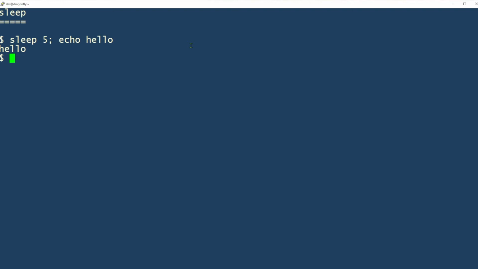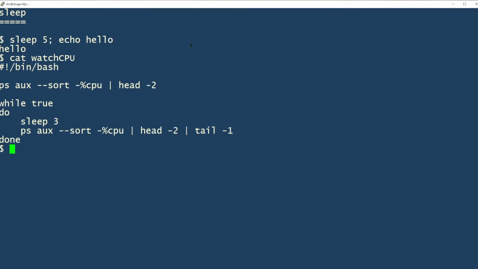Now, more seriously, say you want to watch whatever process is using the largest percentage of your CPU. You could keep repeating the command to display the changes, or even just use the up arrow key to make it easier, or you could let a script do the work for you and include a pause between each command. And that's what I do in this script. So I'm using ps aux, sorting by CPU and only looking at one line every 3 seconds, and this command up here just adds a header.